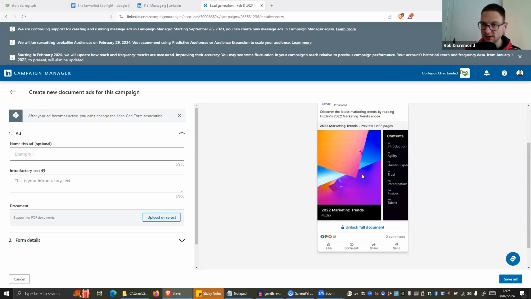It will just preview the PDF file itself. Whereas for single image ads, for instance, or carousel ads, you need some degree of graphic design, because it's always the image that stops them from scrolling by. Whereas for both conversation ads and document ads, you don't really need any graphic design. You just need a PDF that's actually helpful for the people that you serve.